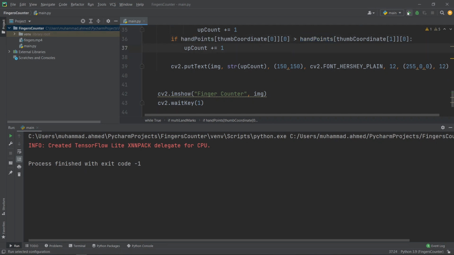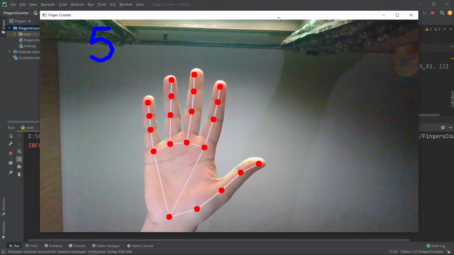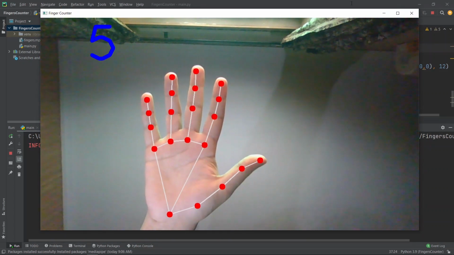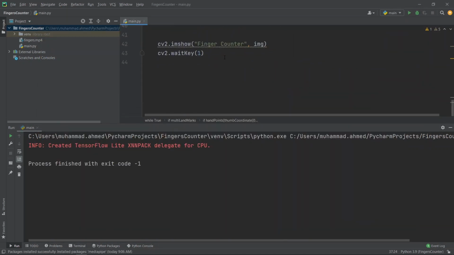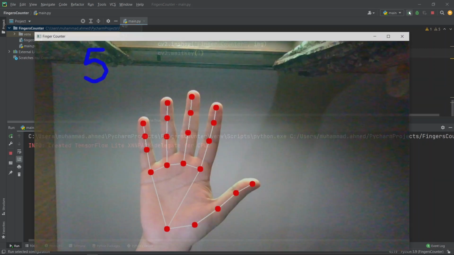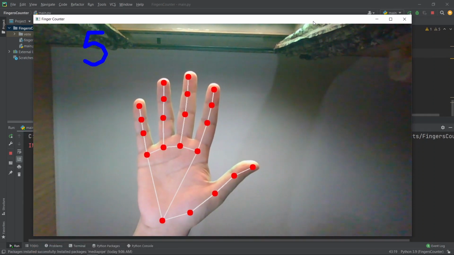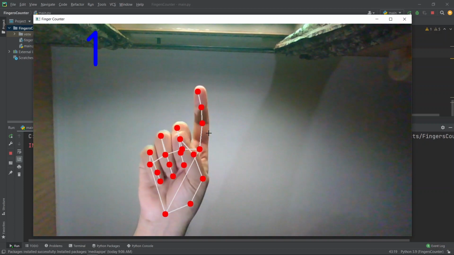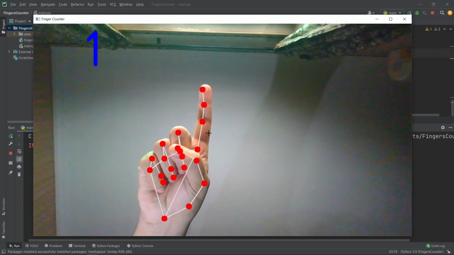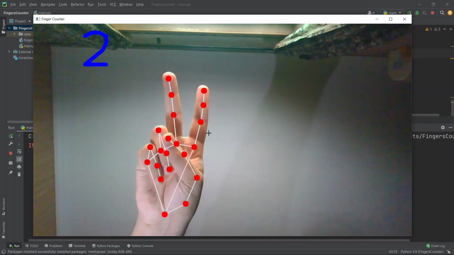Now if we run it, hopefully this will work fine for the thumb as well. So we are getting the 5, and as soon as we close the hand, let me just, okay, I guess 1 is enough. We cannot go for the 0, so let's just run that. So we are getting the 5 fingers. Now we are getting the 1, 2,